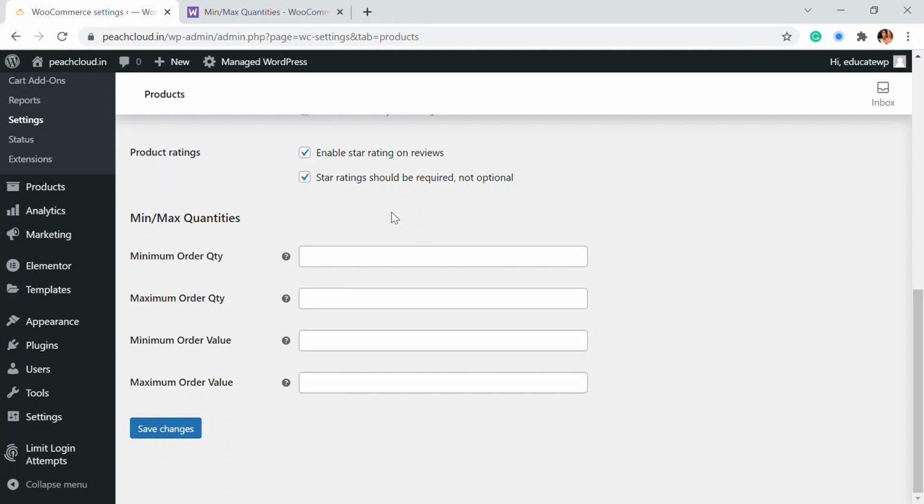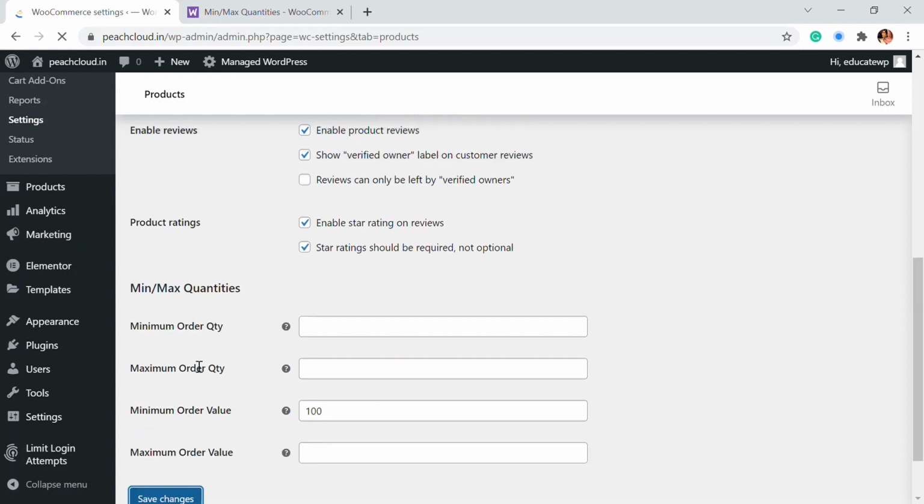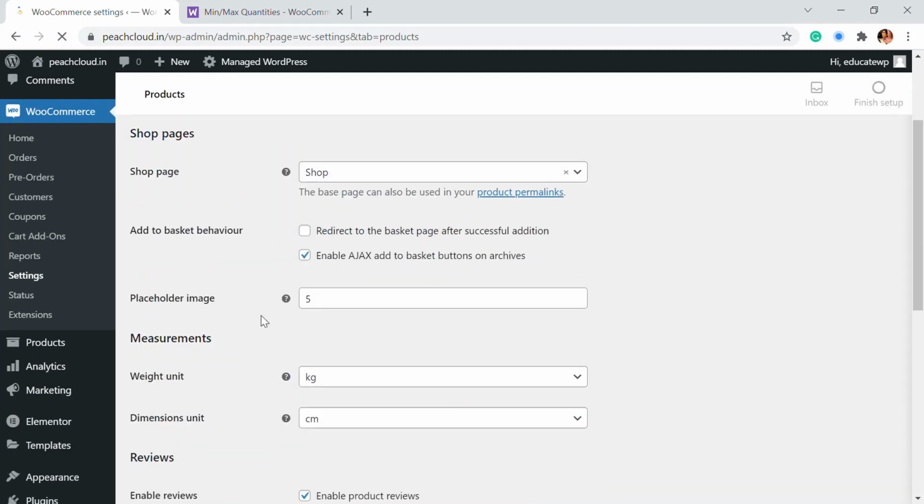So however many products you want, every product will have a minimum and maximum quantity and also a minimum order value. So let's say this is a minimum quantity. This is again the maximum quantity. This is the minimum order value, which is the cost of the cart value. Then there is a maximum order value. So here I can just write 1,000. So 1,000 would be, let's say, $100 as the minimum order value. So the order will not be placed if this order value is not met. So that's the main setting that we have in WooCommerce in the minimum and maximum settings.